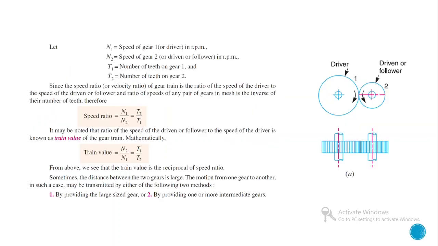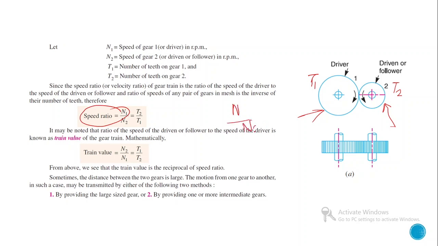Here N1 is the speed of gear 1, the driver, in RPM, and N2 is the speed of the follower gear. Then T1 is the number of teeth on gear 1, the driver, and T2 is the number of teeth on the driven gear. Then the speed ratio is